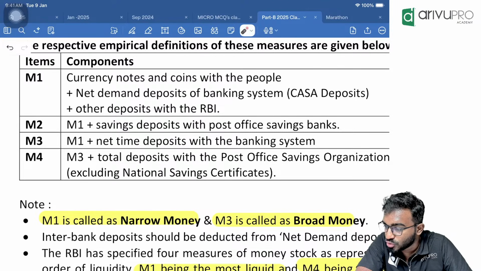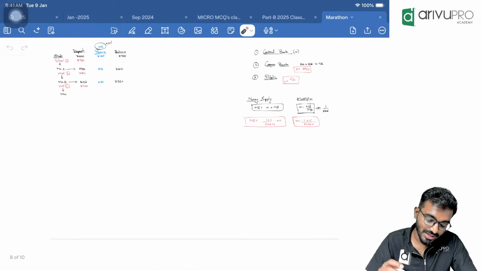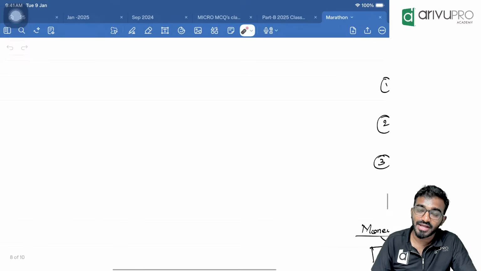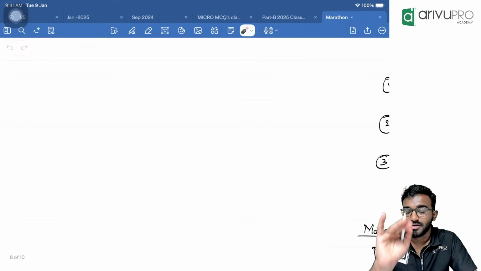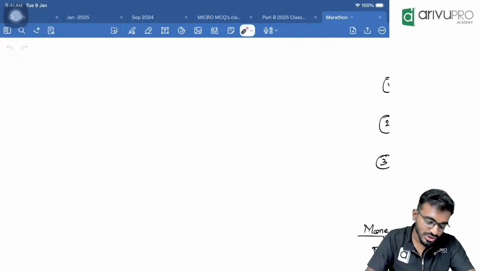Open market sale and open market purchase. Okay, simple concept. On behalf of the central government, RBI will buy and sell government securities. Now, simple logic: when should RBI sell the security? When people have more money and are ready to buy securities, that is when RBI will sell. That means during the time of inflation.